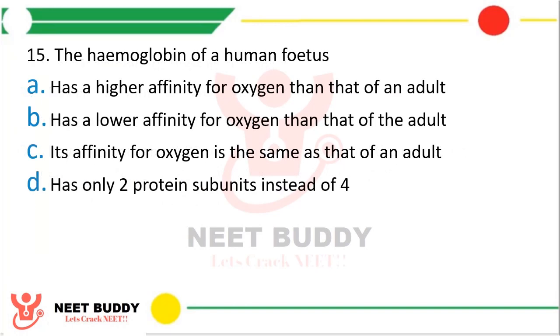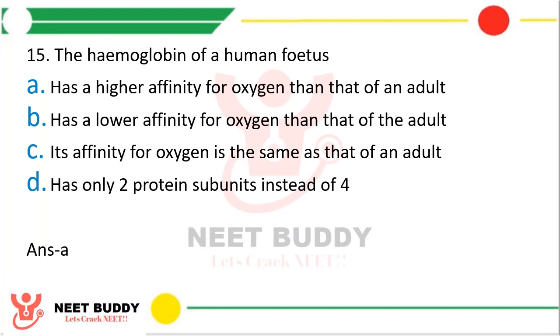Question number 15. The hemoglobin of human fetus. Option A, has higher affinity for oxygen than an adult. Option B, has lower affinity for oxygen than an adult. Option C, its affinity for oxygen is same as that of an adult. Option D, has only 2 protein subunits instead of 4. Hemoglobin in human fetus. The correct answer is option A, that is it has a higher affinity for oxygen than that of an adult,